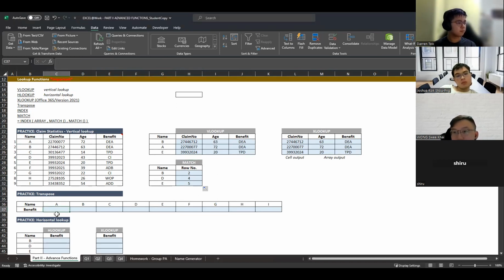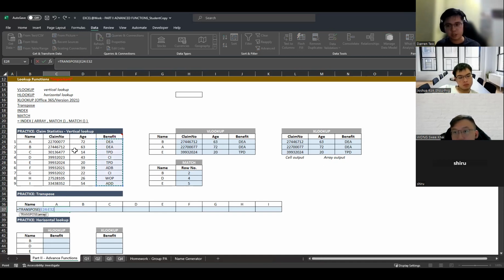So transpose here, you all know what transpose is. Transpose basically does a 90-degree rotation. So let's do a rotation of this column here, benefit. Equal to transpose, and then it straight away asks you what the array is. If I do this, this is a 9 times 1.